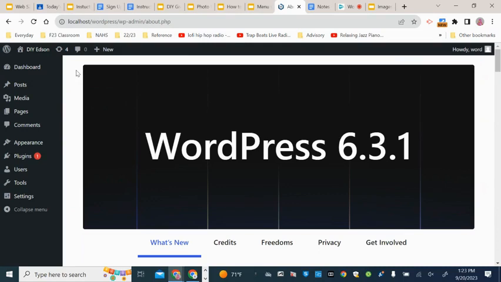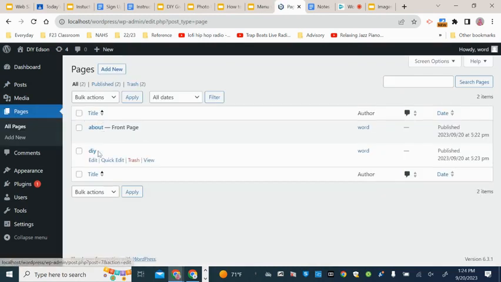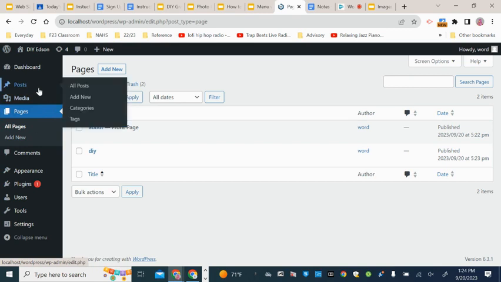For this video, we're going to talk about templates. At this point, you have created some pages, an about page and a DIY page. The about page should say front page next to it because you've made that into a static front page using the settings. So now we're going to actually talk about how to add a footer and a header and kind of dive into templates. For this, you're going to need to go under Appearance,